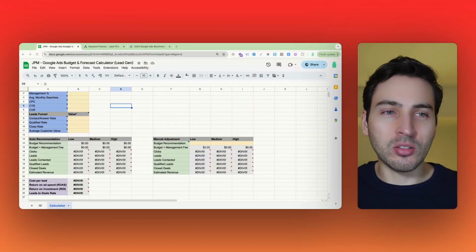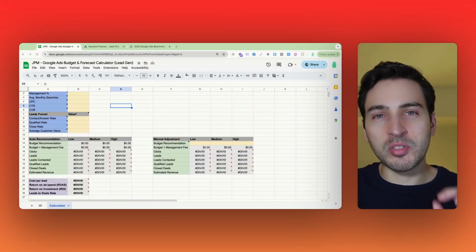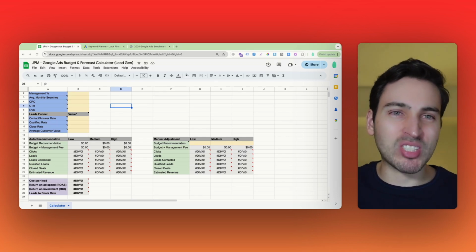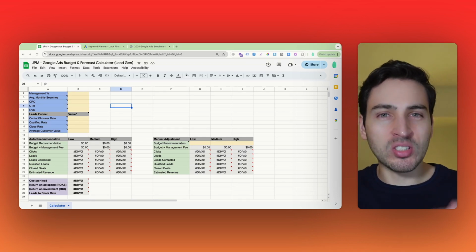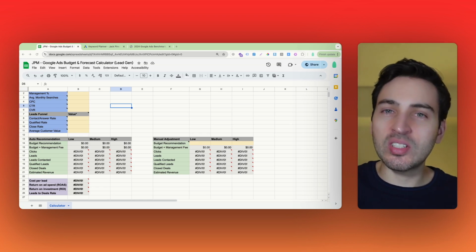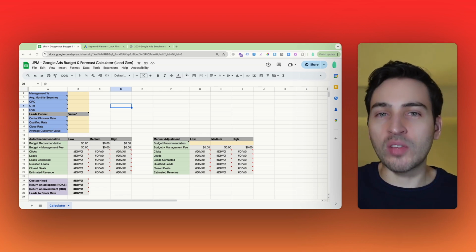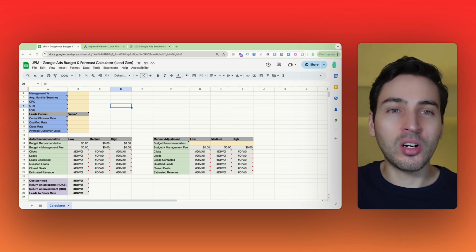So open the spreadsheet and make a copy, and this is what you'll be able to find. And this is what the spreadsheet looks like. Keep in mind that this calculator is specifically for lead generation. I had seen several e-commerce spreadsheets like these that give you these projections, but I hadn't seen too many for lead generation. So I decided to create this one to help all of us that are managing a lot of